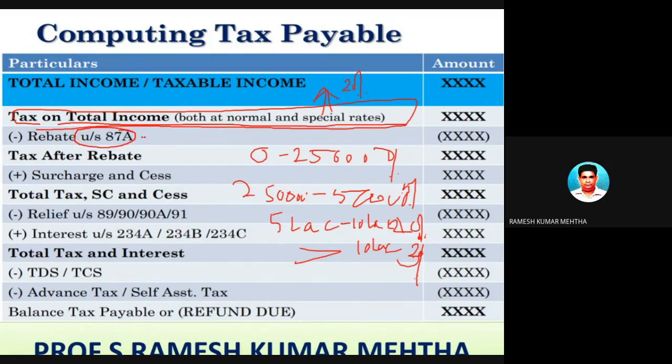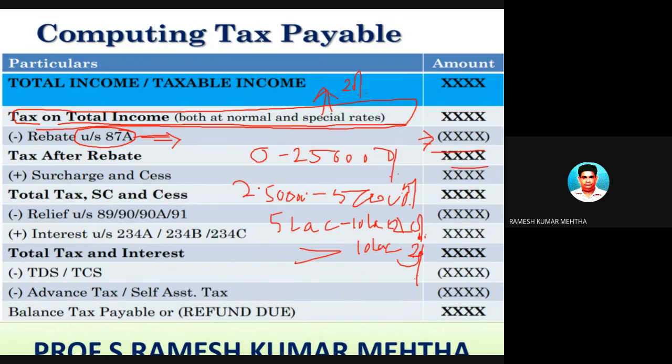We have dedicated a separate slide on rebate under section 87A, so at that time we will discuss section 87A. After you deduct whatever is the permissible limit under rebate under section 87A, you will get tax after